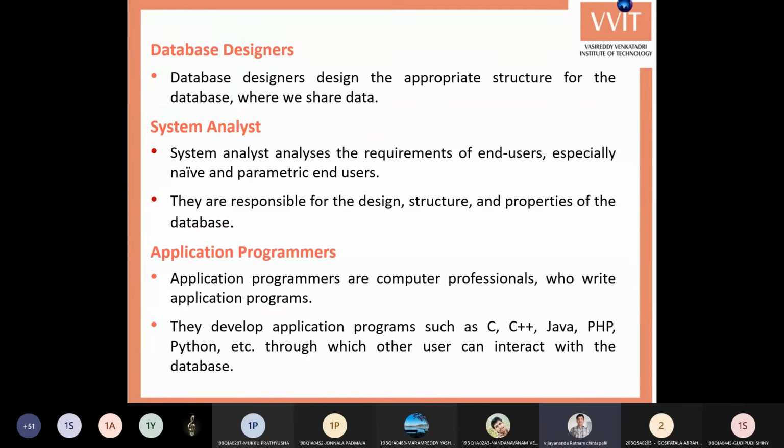For example, when you are trying to book a ticket through the IRCTC website, first you need to enter the source station and destination station, and then you can search. All this information is available in the database, but we don't know how to extract data from the database.